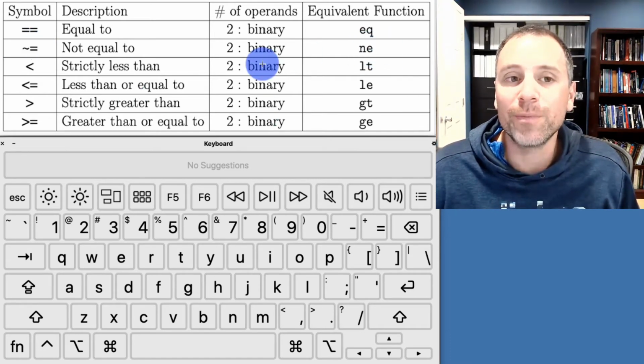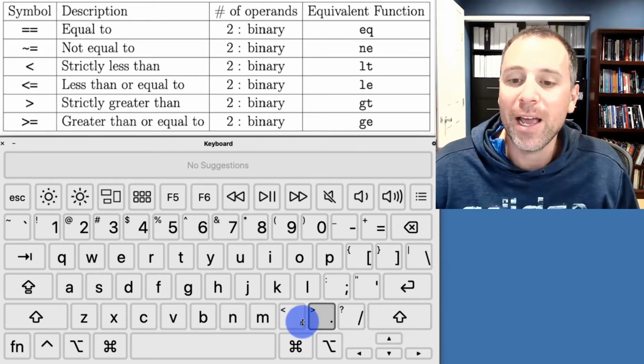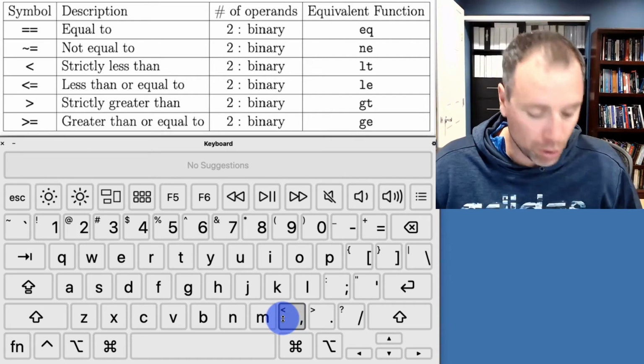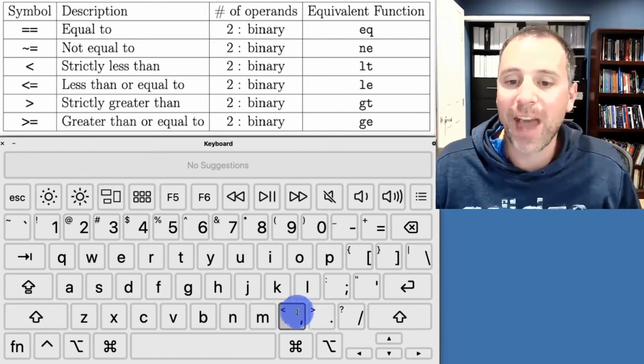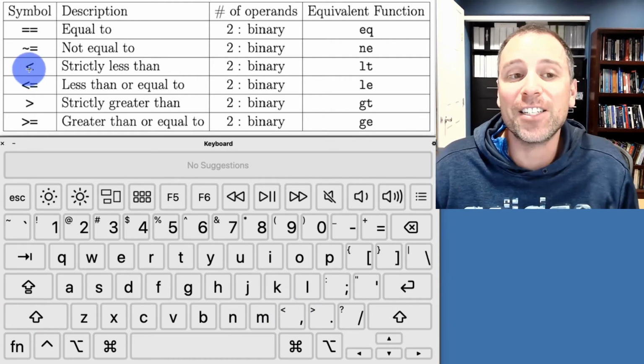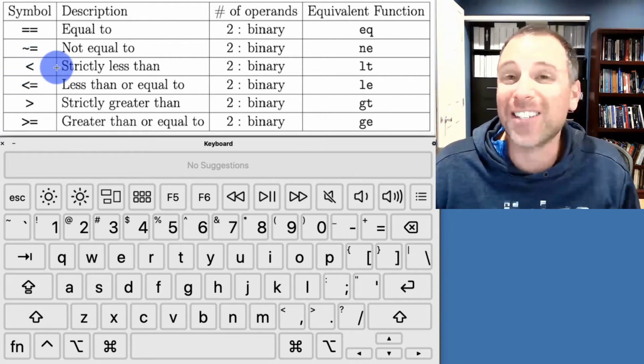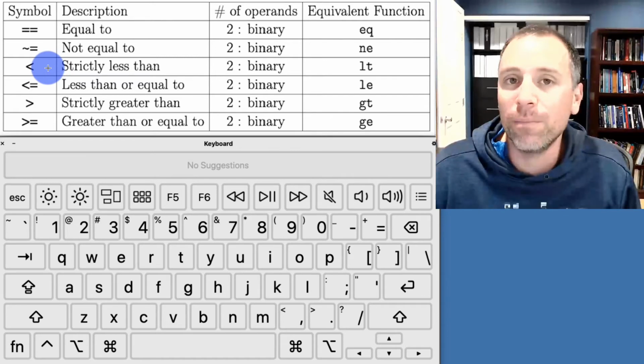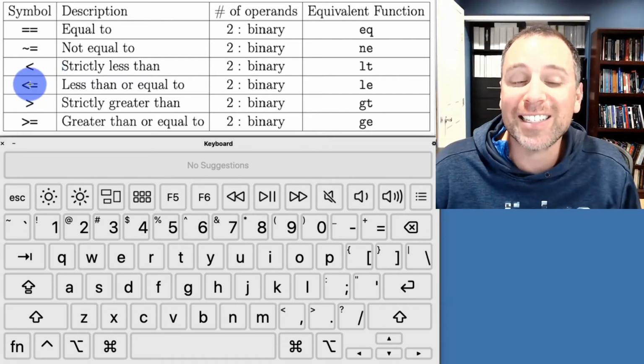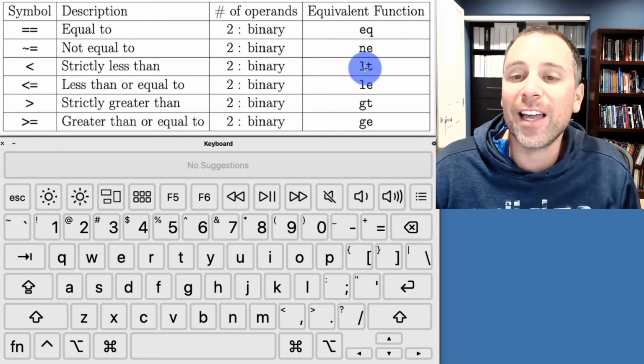Not equal to. We also have the strictly less than symbol. That's the sideways caret. That one is right next to the M symbol. So if I hit shift and then that little sideways caret, that test is going to see if the left operand is less than the right operand. And that's a strict inequality. They cannot be equal. We could also have the less than or equal to, in which case we use the same left caret next to the equal sign. Notice that less than functionally is LT, less than or equal to is LE.